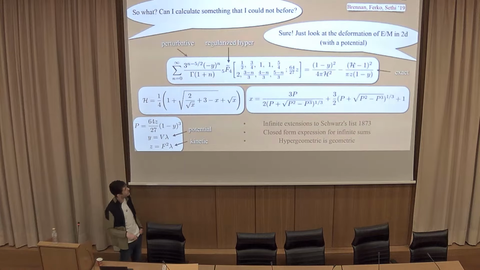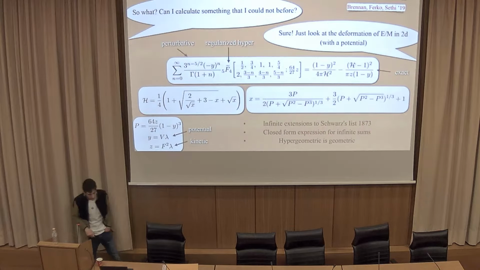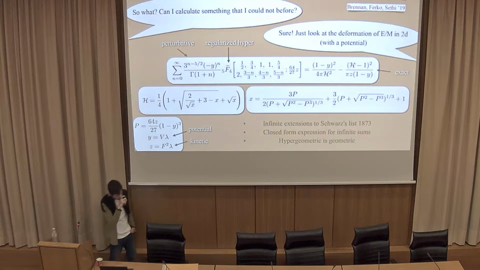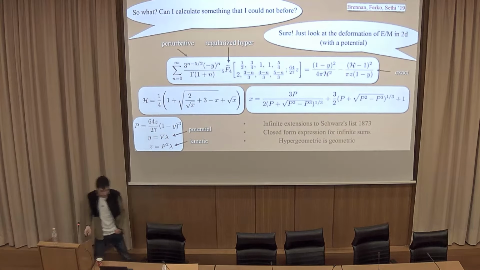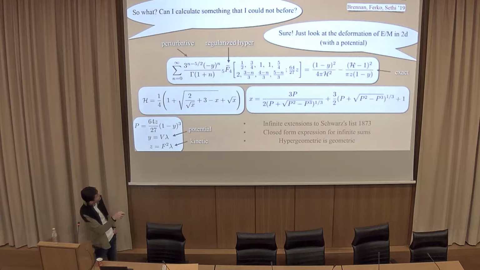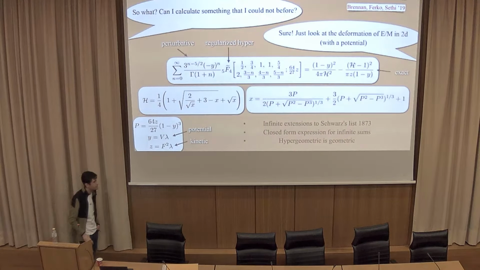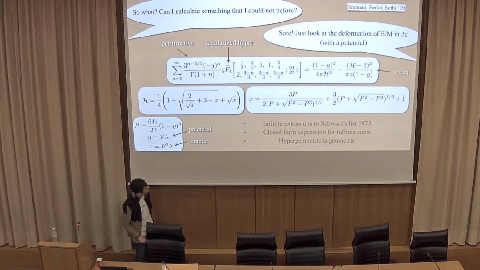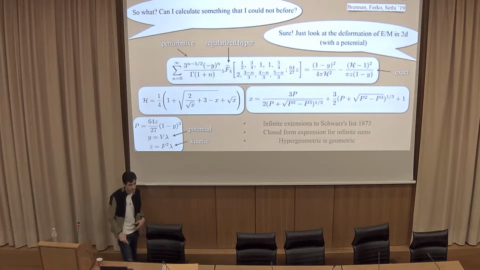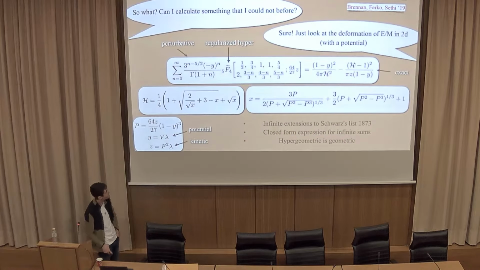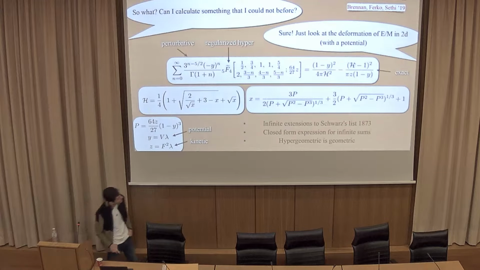So we did the same with Alexia. We added a potential term. We did it perturbatively, and we did it exactly using the massive gravity framework. And since these two expressions should match, we managed to extract something quite deep. We found that this very intricate sum of regularized hypergeometric functions has a closed form expression. If you don't believe me, you can just take a picture of that and go to your favorite mathematical software and check it. But we put a lot of stress tests on this object.